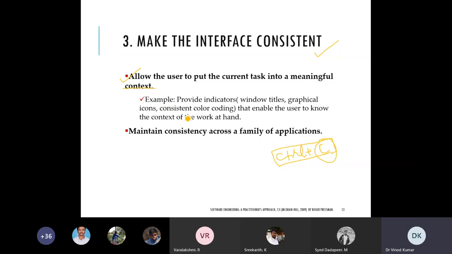Meaningful context. So for that, how will you identify? You provide the indicators. Indicators means whatever window is there, in the window you write the title, graphical icons, consistent color coding. You use these indicators that enable the user to know the context of the work